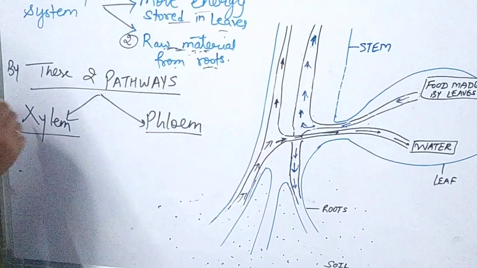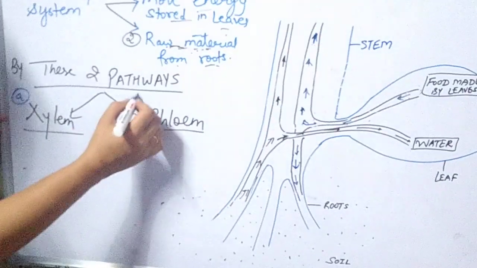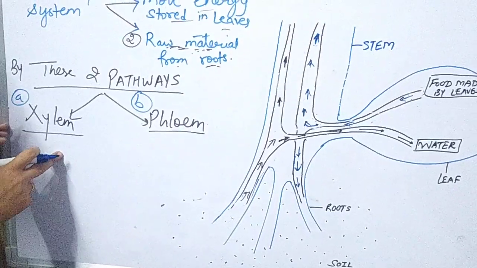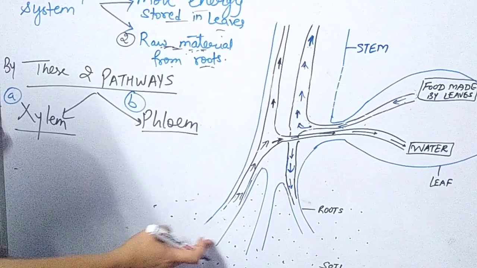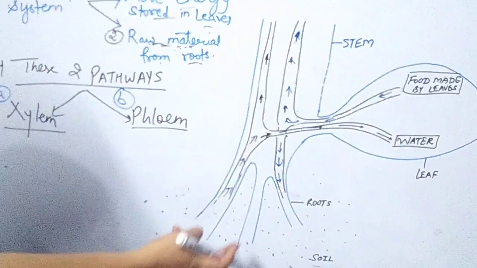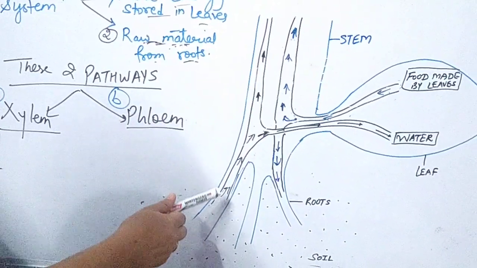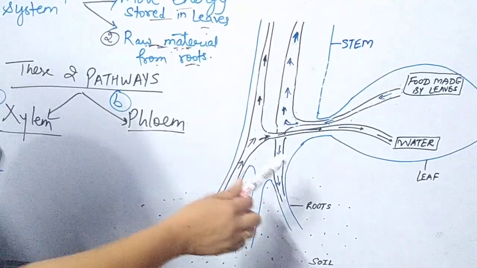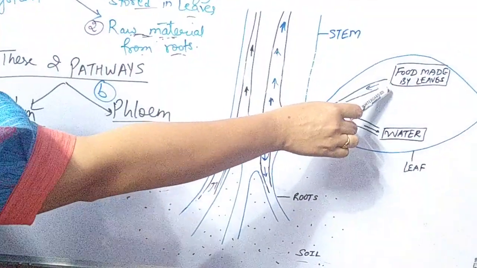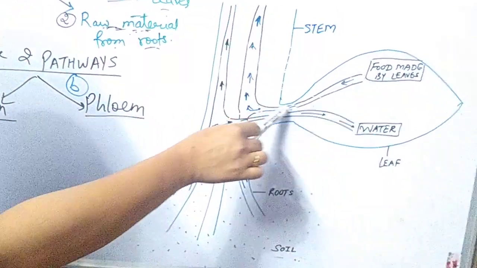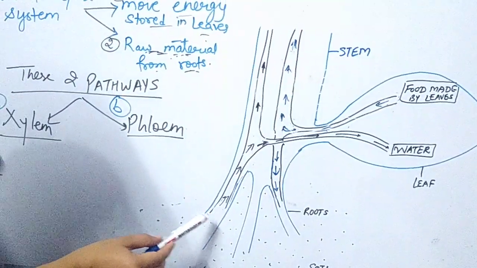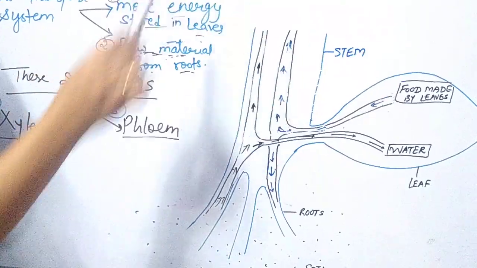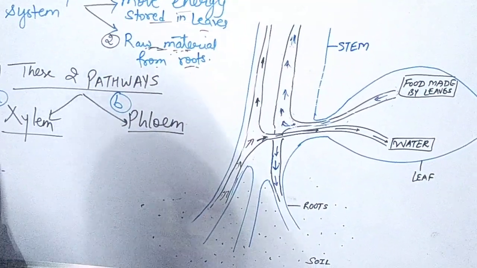The basic difference, students, you all have read in the 9th class: xylem is there to transport water and minerals from the roots to the upper part of the plant, as you can see in the diagram also. Phloem is required to transport the food made by the leaves by photosynthesis in both upward and downward directions. But xylem transports only in the upward direction, not in the downward direction, right?